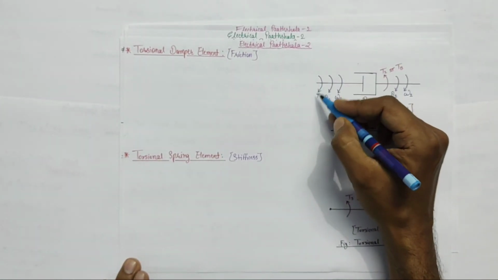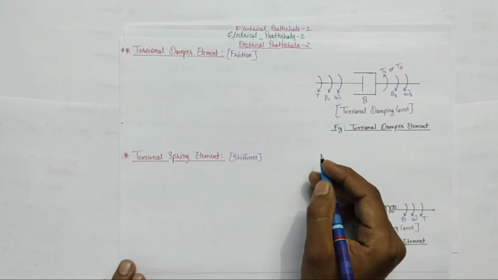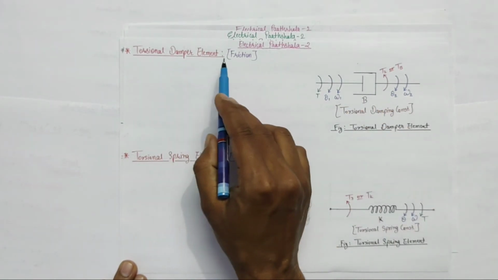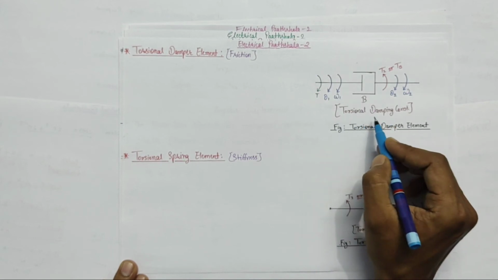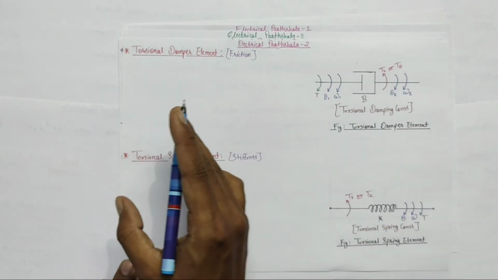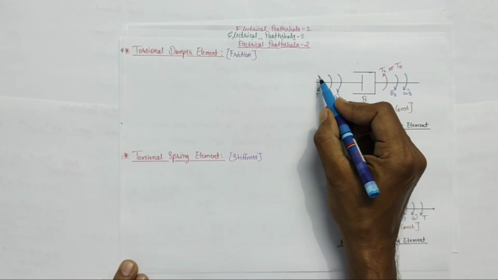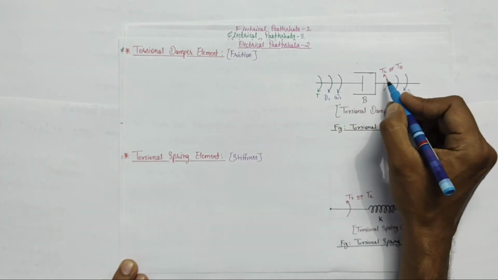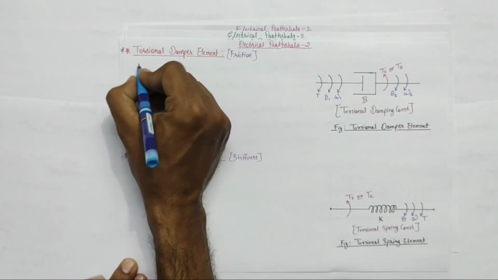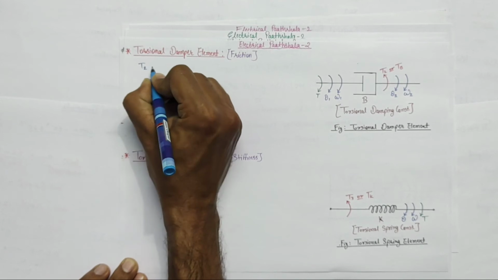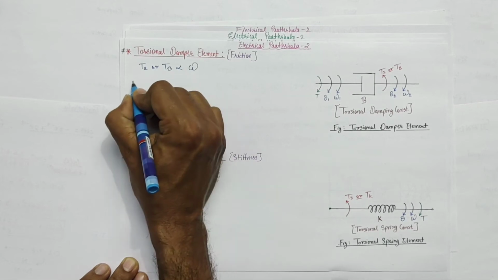So this torque acts in the opposite direction of the externally applied torque and it tries to resist the rotation of this body. Now this friction is shown by a torsional damper element, as we can see here in this diagram. Here this B is called the torsional damping constant. Now the other two elements are assumed to be negligible here, therefore this resisting torque T2 or TB is equal to the externally applied torque T. Now this resisting torque T2 or TB is directly proportional to the angular velocity omega, therefore we can write here that T2 or TB is directly proportional to omega.